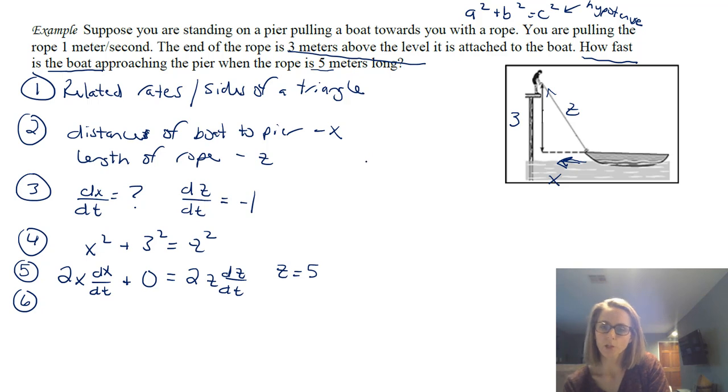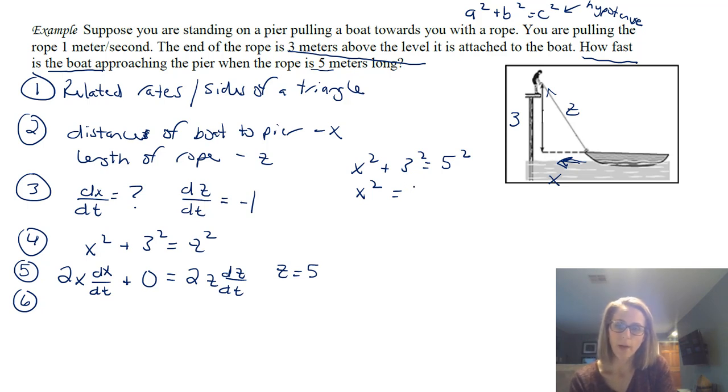So we know that x squared plus 3 squared equals z squared. And we also know that we're trying to find out the situation when z is 5. So that allows us to set up our Pythagorean theorem, which is still true at any moment. And 5 squared is 25, and 3 squared is 9. And that will give us 16. So that tells us that x is plus or minus 4, but we know that the distance can't be negative. So we know that x in that moment is 4. So that allows us to then fill in the value for x.